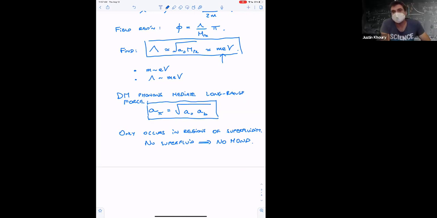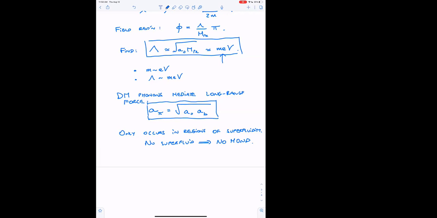Yeah, I mean, how should I say, a force requires coherence. You need some mediator which is able to coherently communicate this force across long distances, and that coherence is precisely what the superfluid state offers. If instead you're in an environment where you're not superfluid, then these dark matter particles are just acting individually. They will still have some extremely short range effects, but they cannot organize themselves to mediate a force over astrophysical distances. So that's the basic idea.